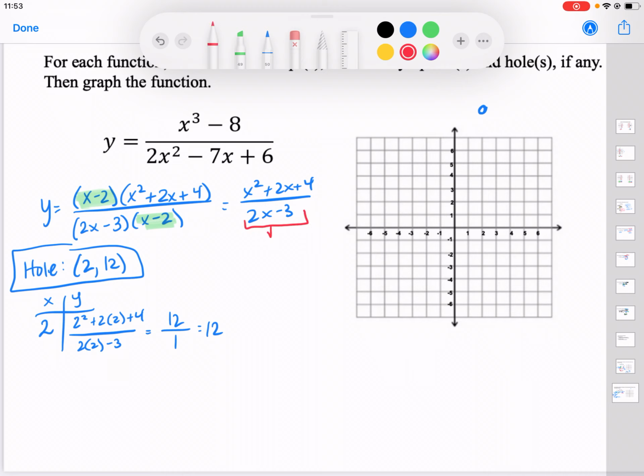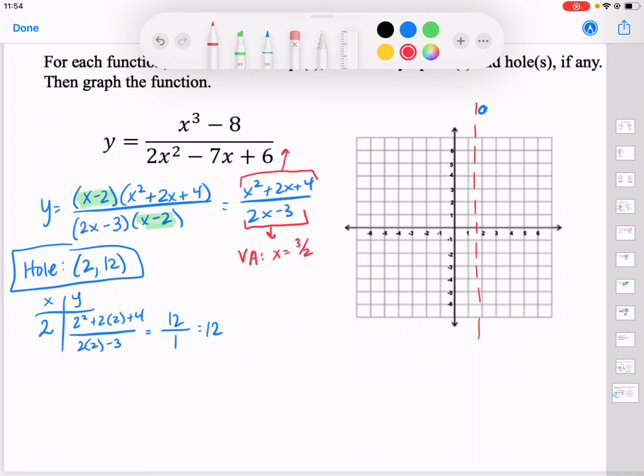Vertical asymptote, if you set that equal to 0, you get x equals 3 over 2, or 1 1/2. So 1 1/2 is right here, so I'm going to put a dotted line at 1 1/2. As for